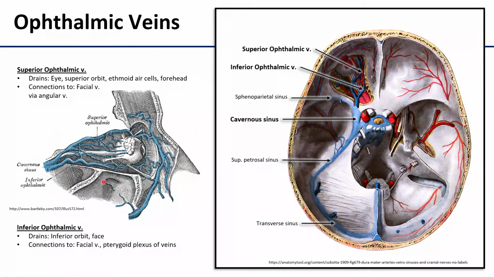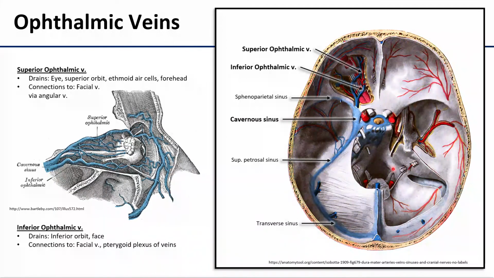The inferior ophthalmic vein, this one down here, is going to drain the inferior orbit and part of the face. It also has connections to the facial vein and also down into the pterygoid plexus of veins that sit in the infratemporal fossa. These connections are important to remember because they can be a pathway for infection to spread. And they're especially important here because those ophthalmic veins drain directly into the cavernous sinus, which sits around the brain